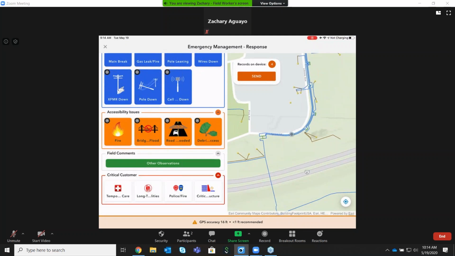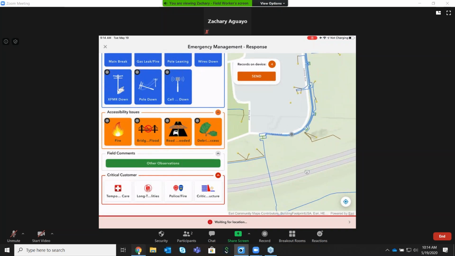You had to type in the critical streetlight outage. You had to use the little green type thing there. But let's say it turns out that this is more common than we had originally planned. Show us how easy it is to add a new button on your Quick Capture app.